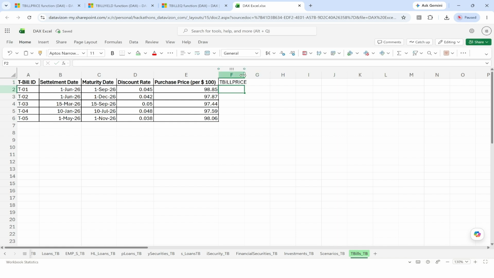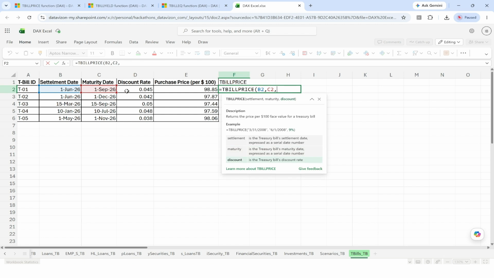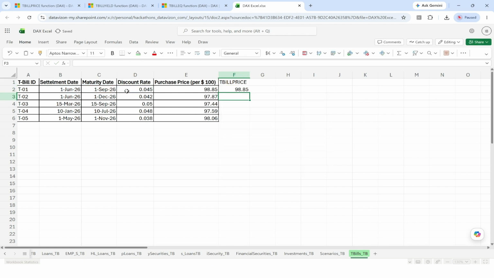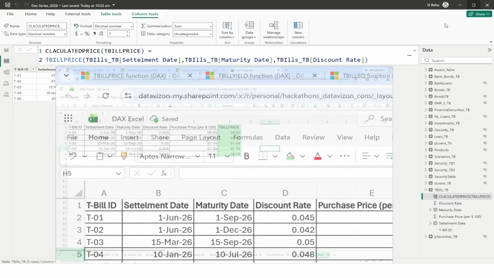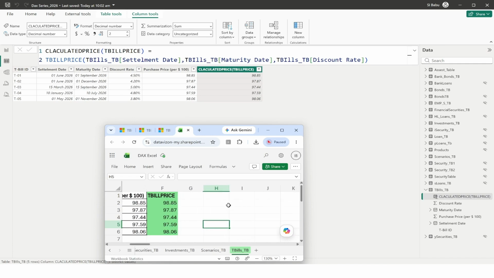Now here what I will do, let me take T-bill price in bracket, and pass settlement date, maturity date, discount rate. Let's close the bracket and apply the same to the remaining cells. Now let me limit this to 2 decimals. Let me implement one color for highlighting. Let's compare now. Here you can see it's matching